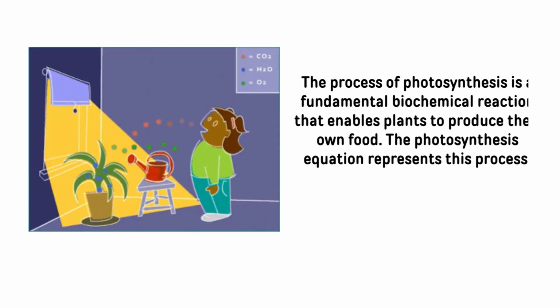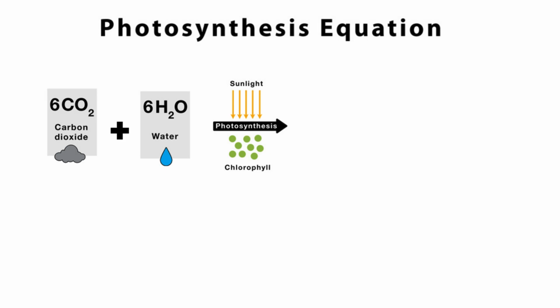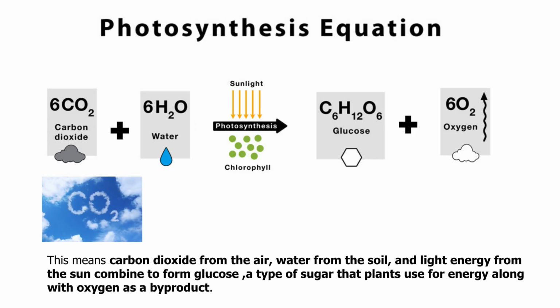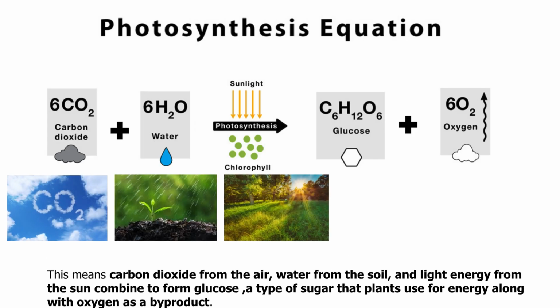The process of photosynthesis is a fundamental biochemical reaction that enables plants to produce their own food. The photosynthesis equation represents this process. CO2 plus H2O plus light energy produces C6H12O6 plus O2. This means carbon dioxide from the air, water from the soil, and light energy from the sun